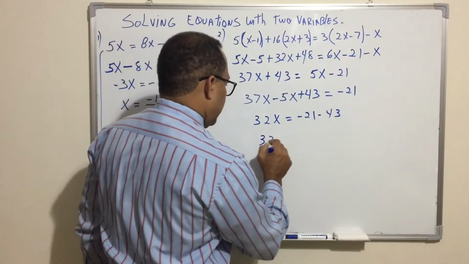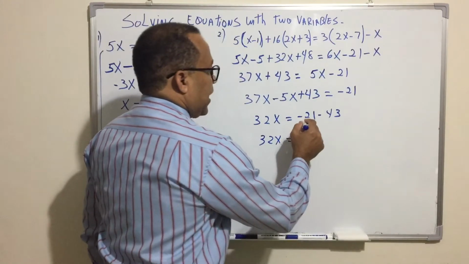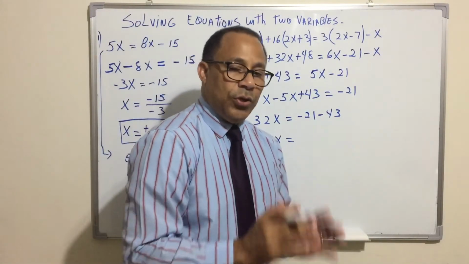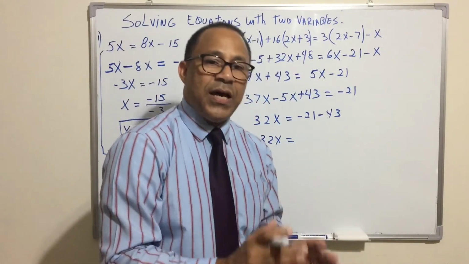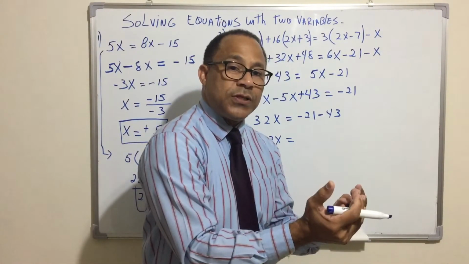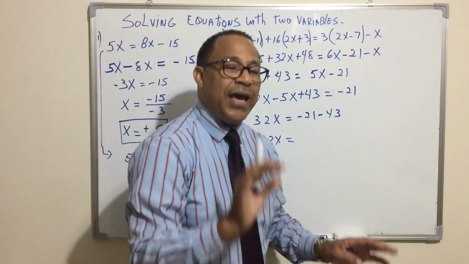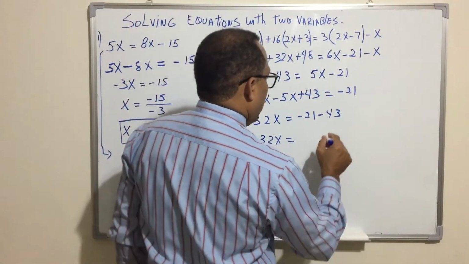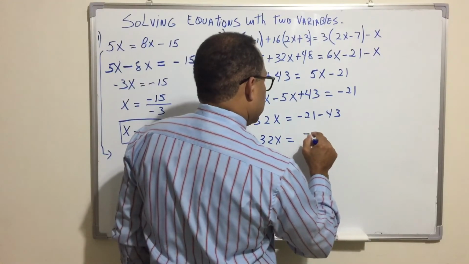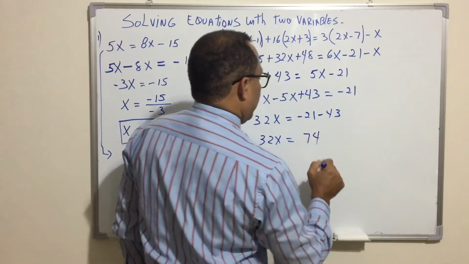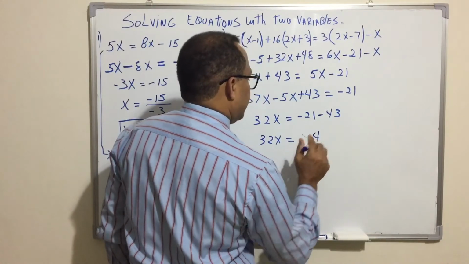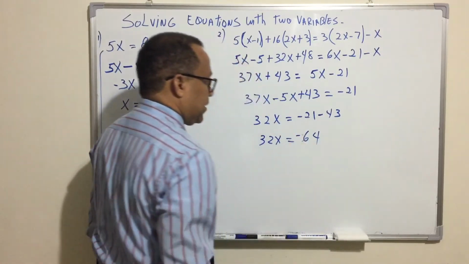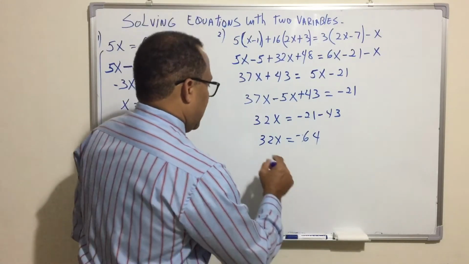32x equals negative 21 minus 43. The rule says when the numbers have the same signs, we add the numbers, and we copy the same sign. When I add 21 and 43, I will get 64. Copy the same sign, negative 64. This will be